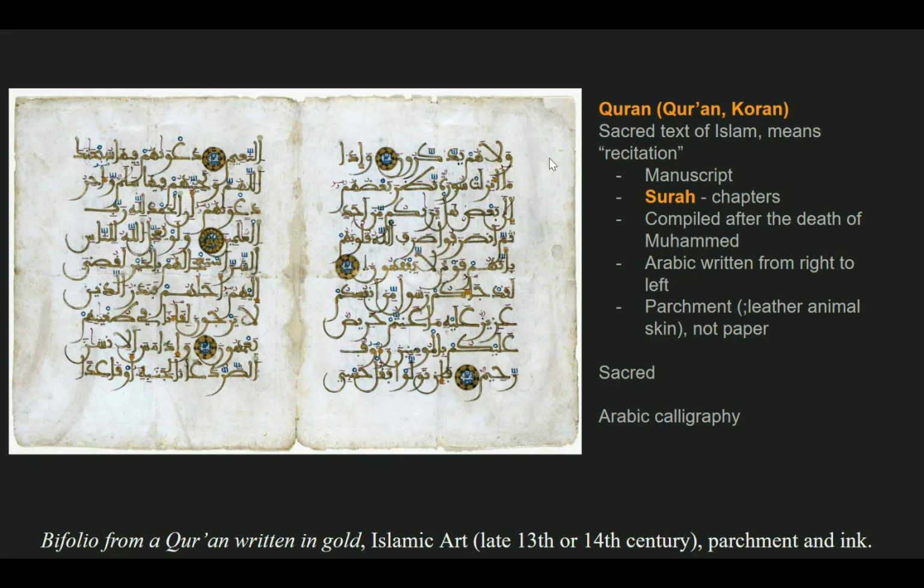Now, we've already discussed the idea of gold being associated with the divine. And we're still under the Nasrid dynasty, and so they're patronizing these works of art. They're celebrating Islam. And so they're showing off their wealth, and they're using gold on this parchment to create the holy words of God. And so they're showing that. In other examples of the Quran, they may use gold just to mark the beginning of a surah or a chapter, and so it just depends. But of course, this one you can tell is